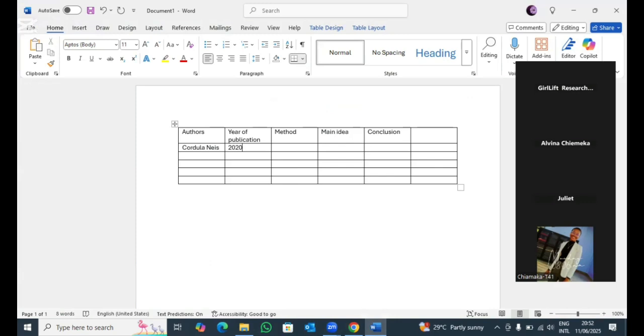analytically, it's a possibility that this other perspective is as a result of the change over the years. I don't know if you understand it, because sometimes you can understand why there is a change in another perspective. Remember, the most important thing in research is the researcher's voice. So this is where the researcher's voice will come in, in analysis. Even though this perspective is this way, a later research has shown that, that's why you have to capture all of this. Then for the method,